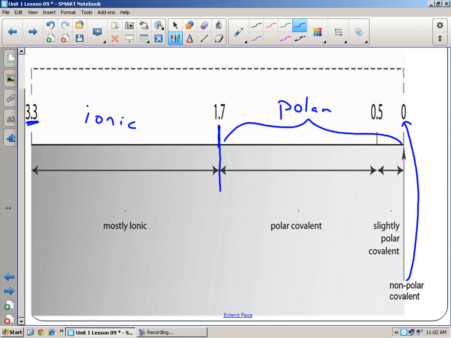Well, when do you get 0? Think back to our examples. When do you get 0? What are the nonpolar ones? Yeah, that's the same on both sides, right? And those are called